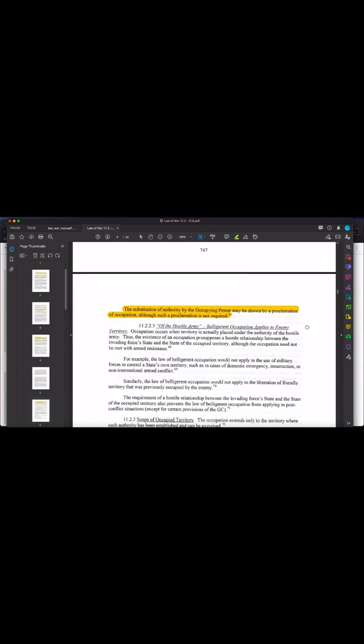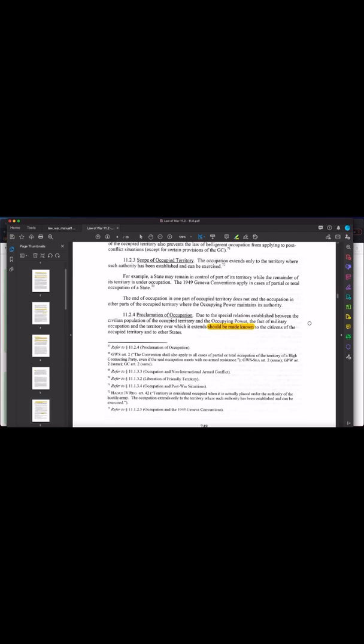So first off, it doesn't have to be a military force. It could be all those other people I listed. Second, they don't have to tell anybody about it. They can occupy a country and have control over its assets and people without ever actually telling anyone, and they haven't violated the rules of occupation. Now this here says that when a country occupies another, they should make it known. However, there's no specific legal requirement that the occupying power issue a proclamation of military occupation. They don't have to tell you anything. That blows my mind. Okay, now we're going to skip ahead to Article 11, Chapter 7.